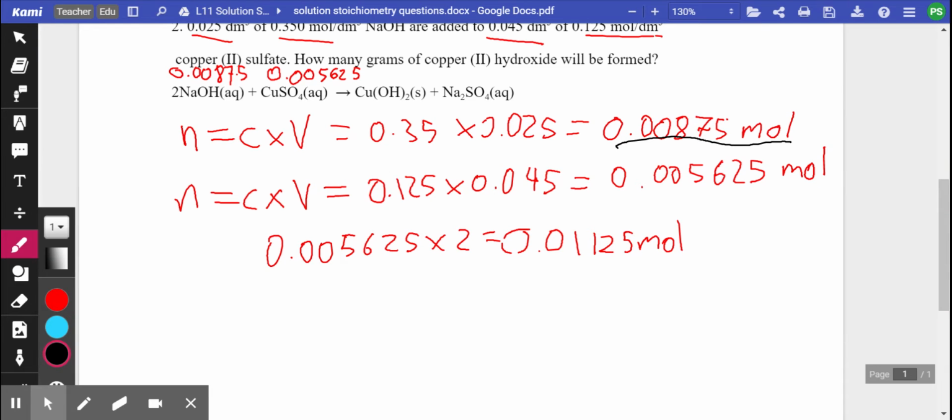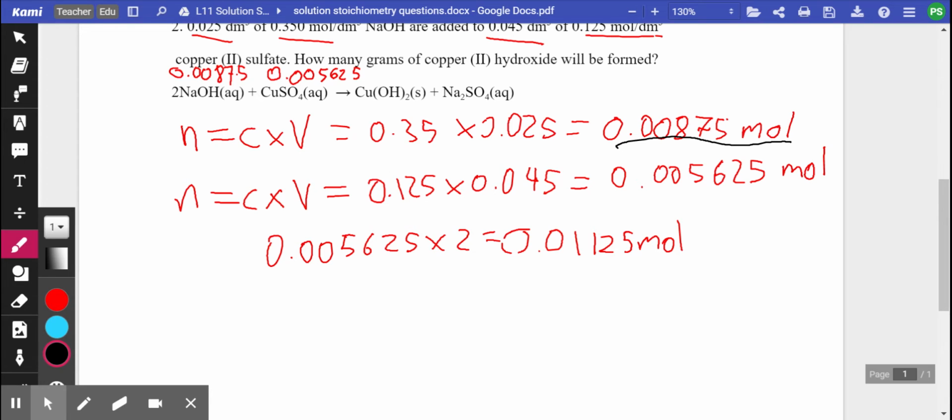All right, let's continue to part 2 of stoichiometry and limiting reagents. In the previous video, part 1, we saw that the limiting reagent is sodium hydroxide because for every 1 mole of copper sulfate, we need 2 moles of sodium hydroxide based on the stoichiometry, the balanced equation here. There's coefficients 1 to 2. We saw that we need 0.01125 moles of NaOH. However, we only have